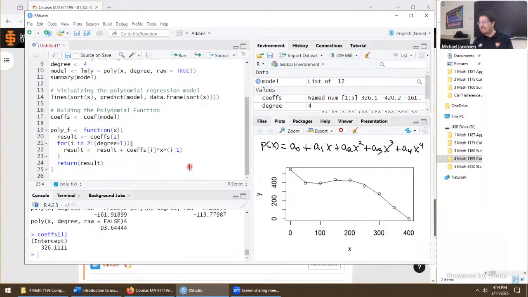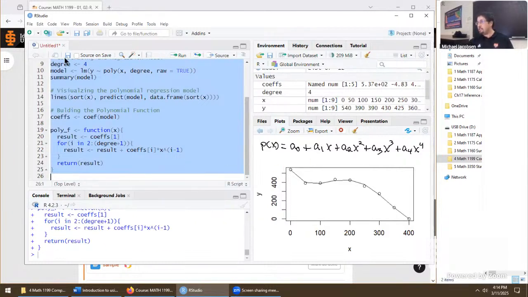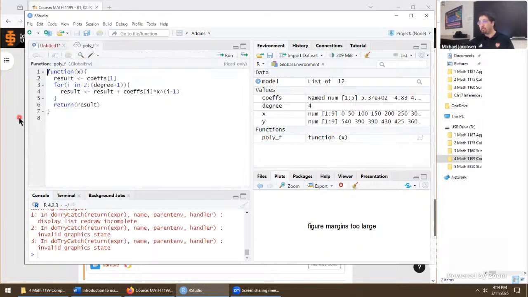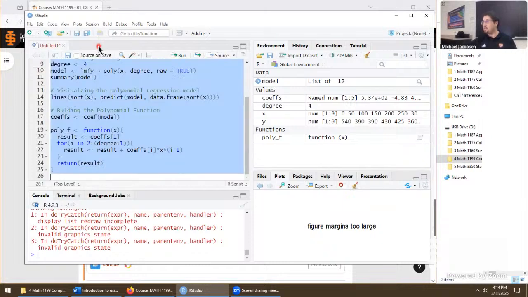So we're nearly there. This is the polynomial function. Let's run it. Hit Control A, Control Enter. Let me clear the annotation. We have a function down here, but honestly, this isn't too descriptive. If I click on this, it's not going to show me the polynomial function. It's just going to show me the actual definition of the function itself. It is designed as doing an expression like this, running through a loop, and then outputting the result, passing it back to the function. So, well, that's not super informative.